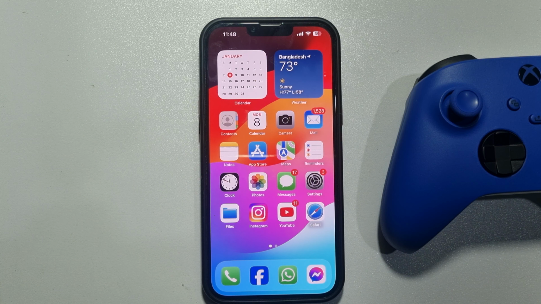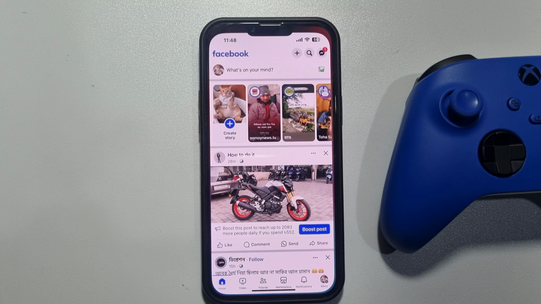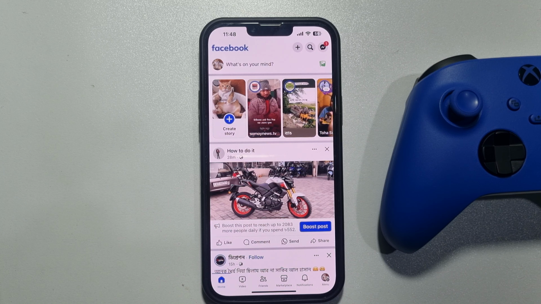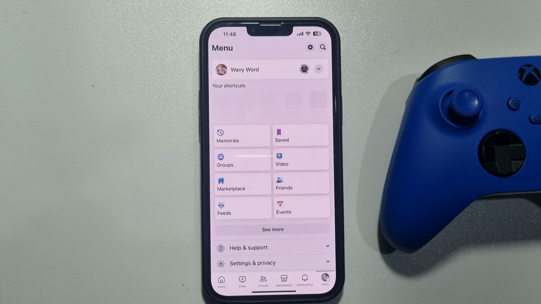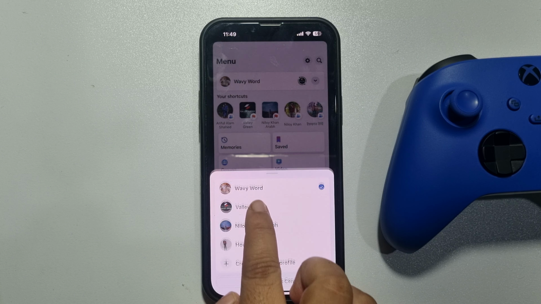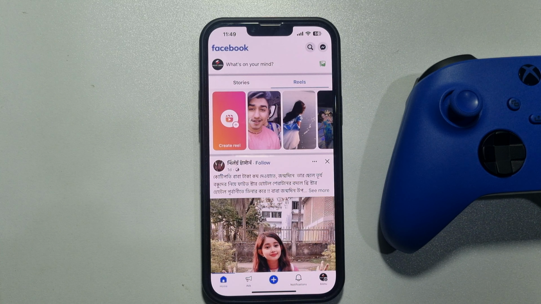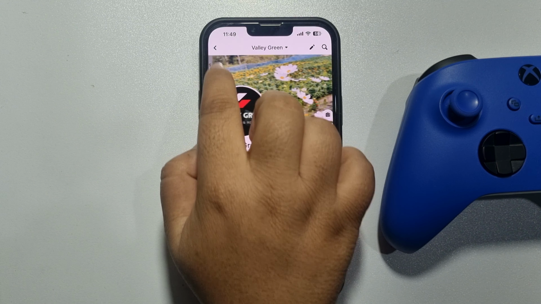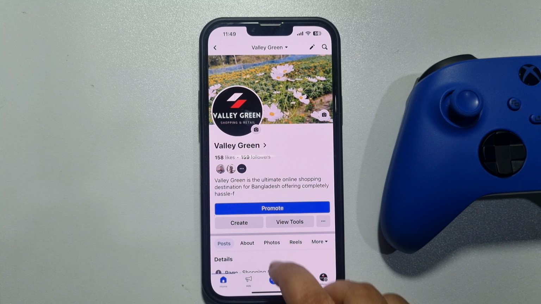First of all, go to your Facebook, and now we need to switch to our Facebook page. So tap on menu, tap on this arrow icon, and select your Facebook page. And now go to your page profile, and here scroll down,